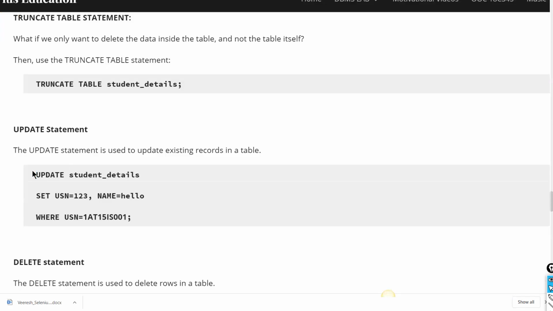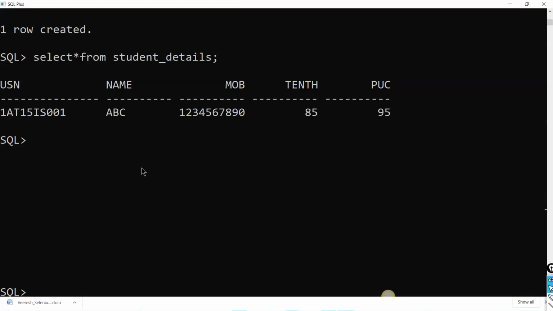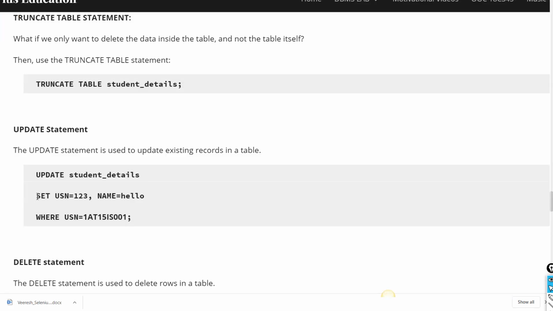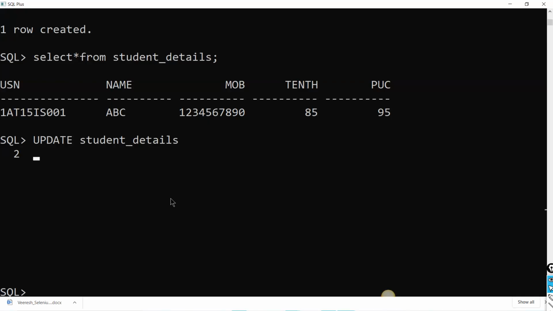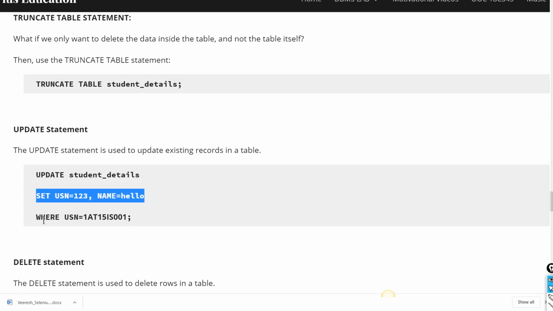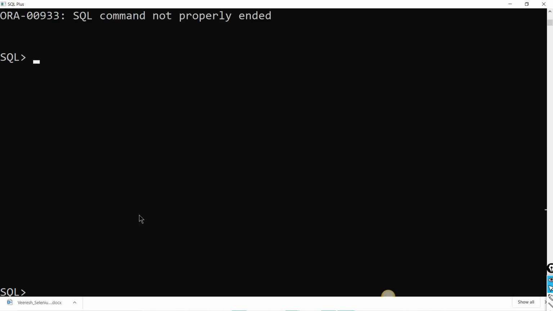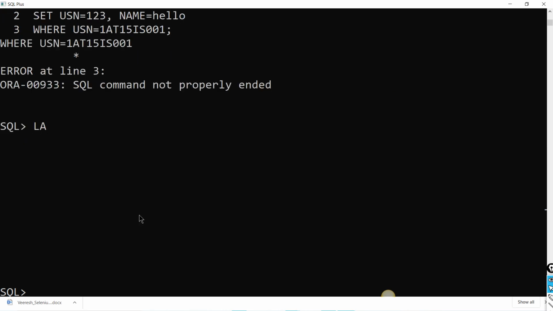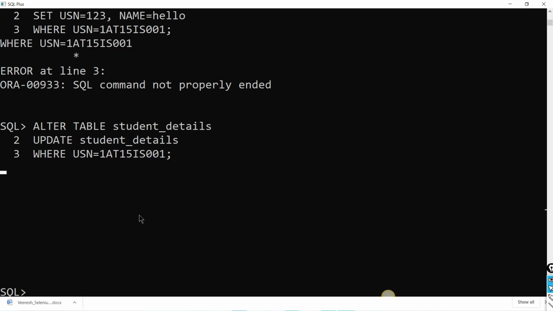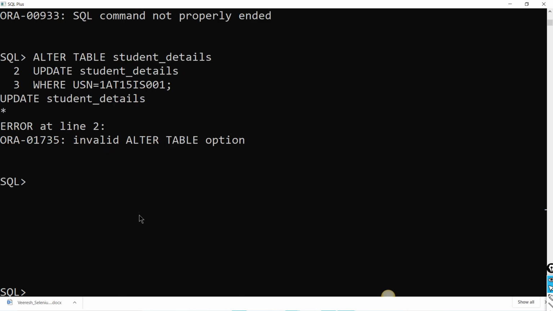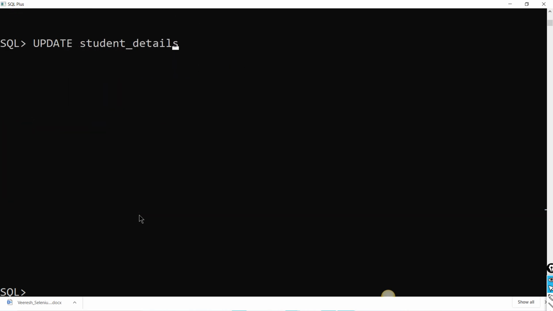Use update space table name, then set, and where clause. Okay, it's wrong actually. Alter table is not used. Sorry, update.